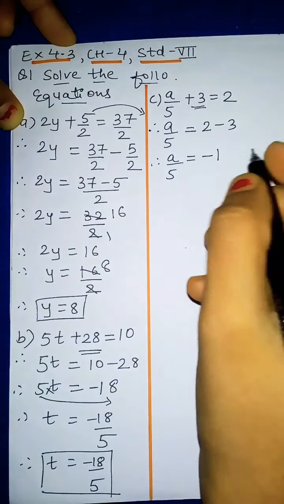Now one step is done. Now 4 we have to remove. Again 4 is in division, so it will go here in multiplication, and this side only q will be left, and here minus 2 into 4. So minus 2 into 4 will give you minus 8. 4 twos are 8 and minus, so minus 8. So this is our answer of the fourth sum.